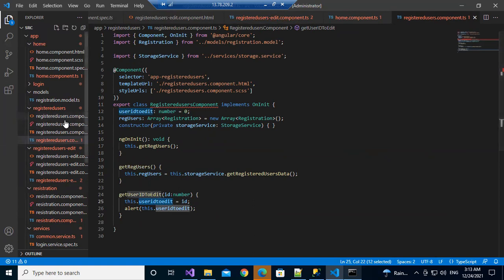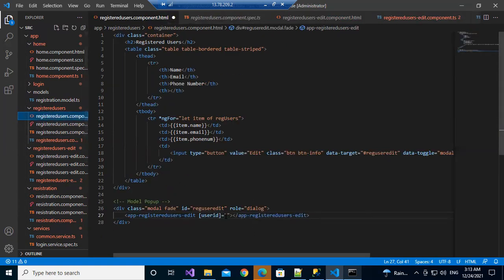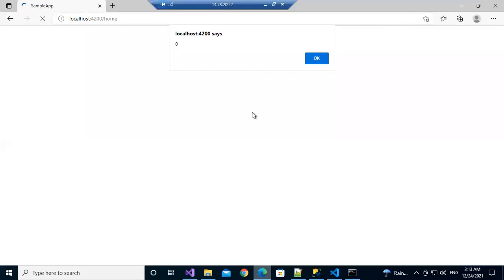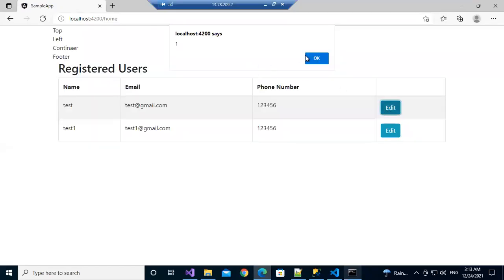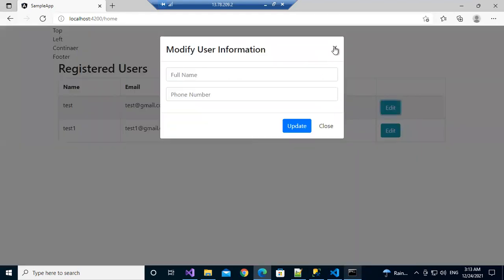This is the step 3. Save. Compile. Okay, component is loaded. Done. Edit user ID is 1. Okay, pop-up is loaded.